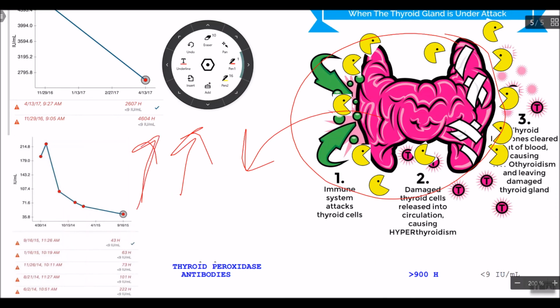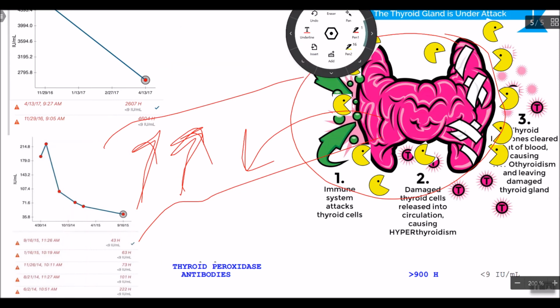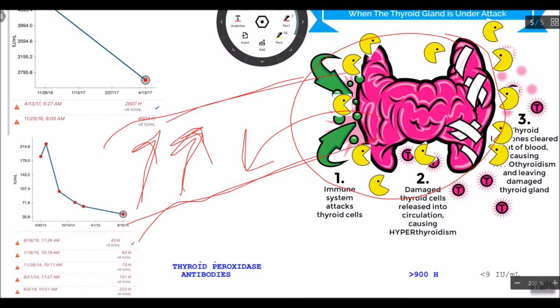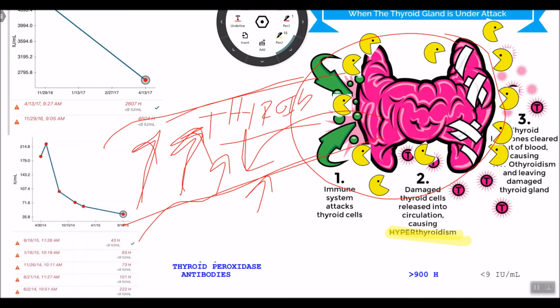This is going to represent your thyroid hormone in your bloodstream. This is your bloodstream right here. So when you have thyroid hormone floating around and you have a huge attack, you're going to have a lot of thyroid hormone. So you can actually feel like you are in a state of hyperthyroidism. Maybe your heart starts to race, or maybe you start to sweat a little bit.